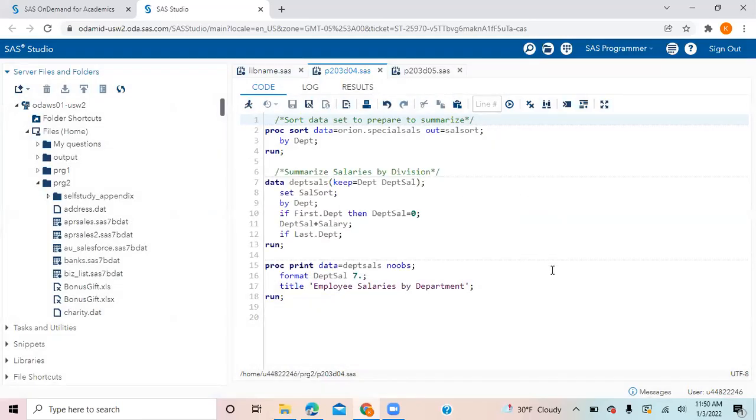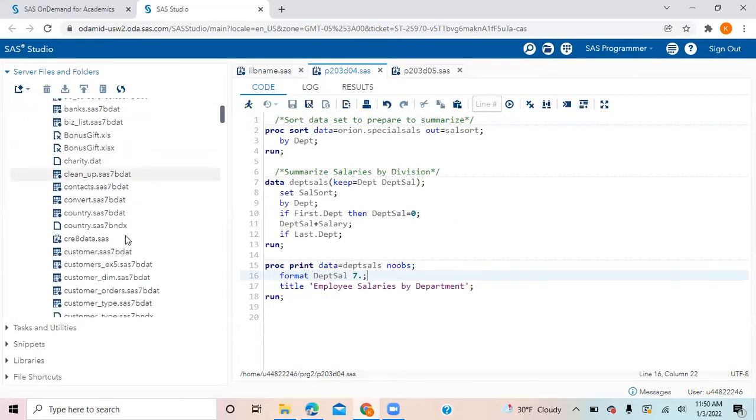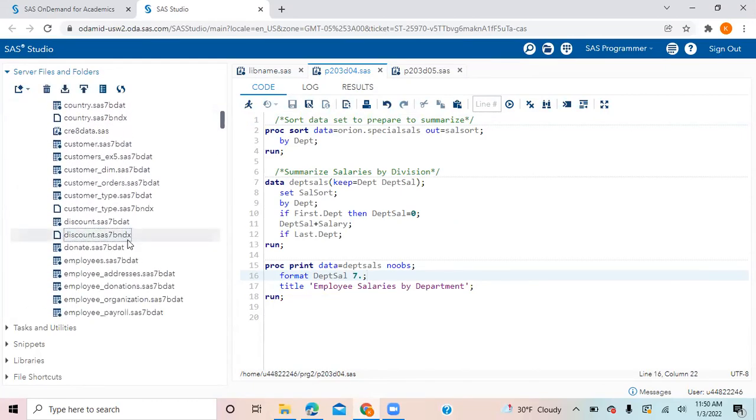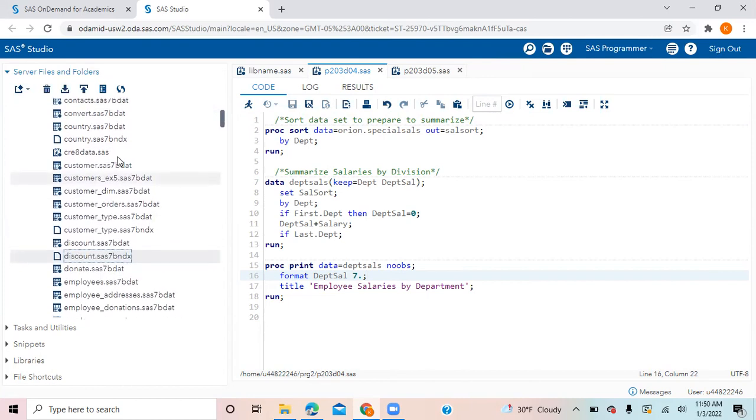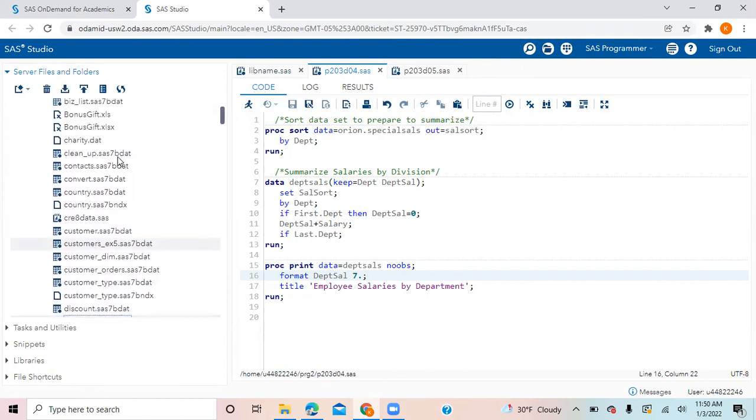Okay. Now see at your left-hand side below PG2, scroll down. See this address.dat, this discount.dat. See charity.dat. You have these raw files.